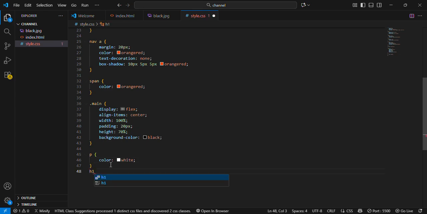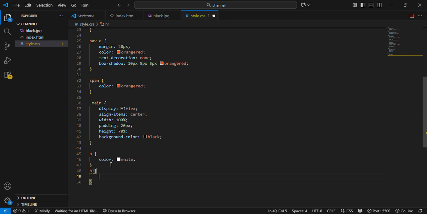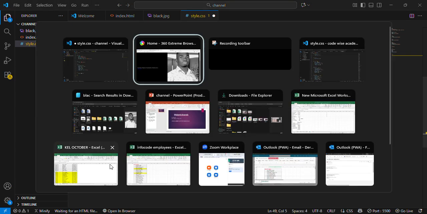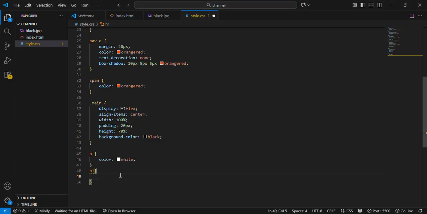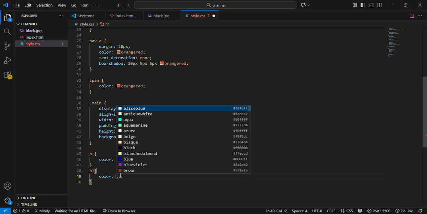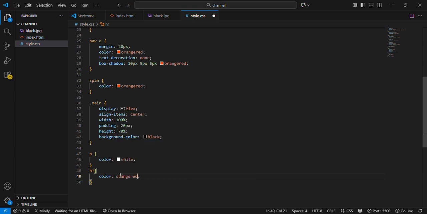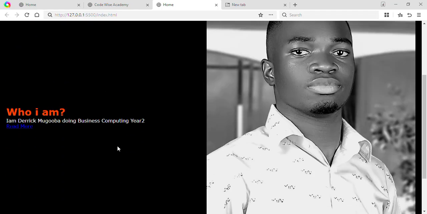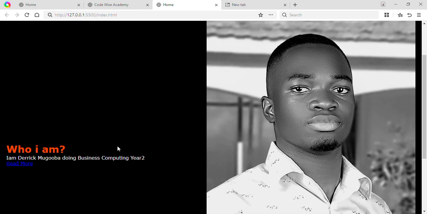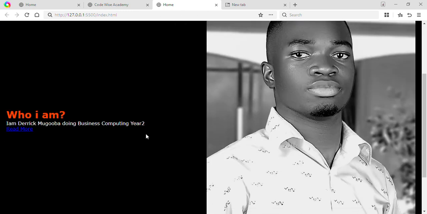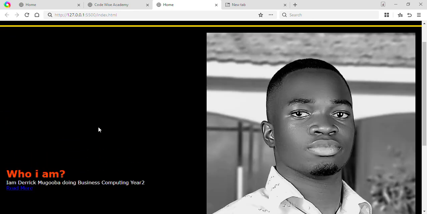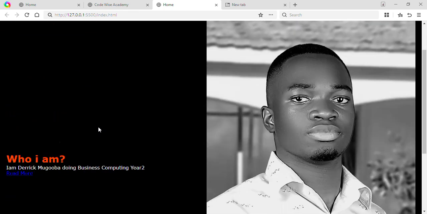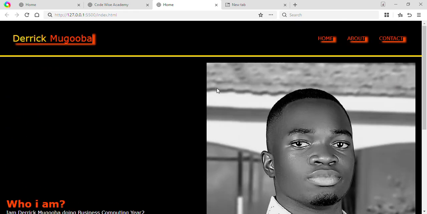We also had an H1. Which color should we give it according to our work? I think orange red will look nice with the color. Orange red is appearing nice also. Now after changing it, we're seeing that the who I am part is coming in orange red and it is very visible now. Now we're going to resize the image so that it can reduce our expected